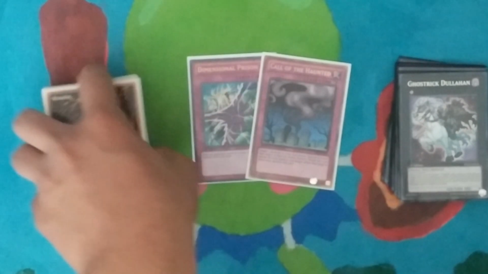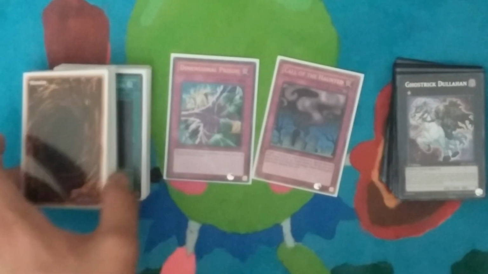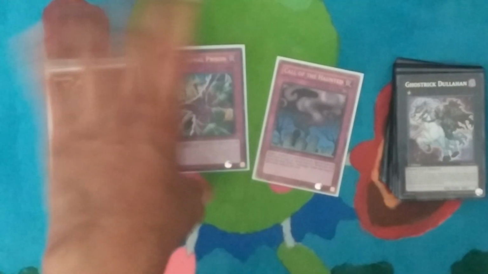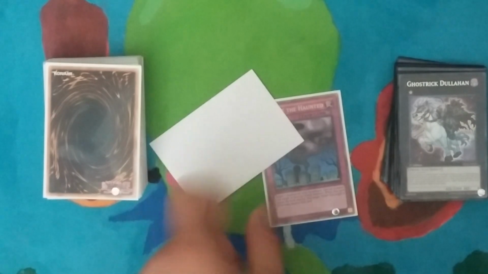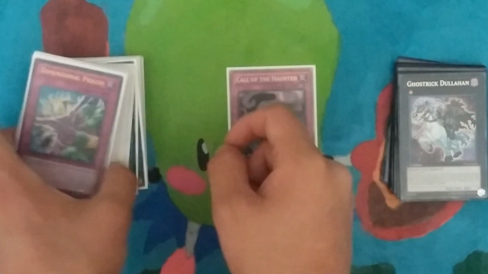People never see Deep Prison coming. It's the reason Bizo and what's that Bujin called, Kagasuchi. They never see this card coming. They think everybody's just playing Team Air Force, but this card catches them by surprise. And Call of the Haunted, I like playing Call in any deck that I play Thunder King,